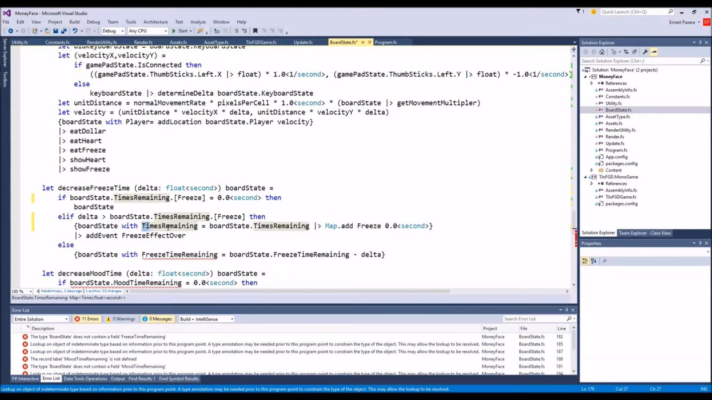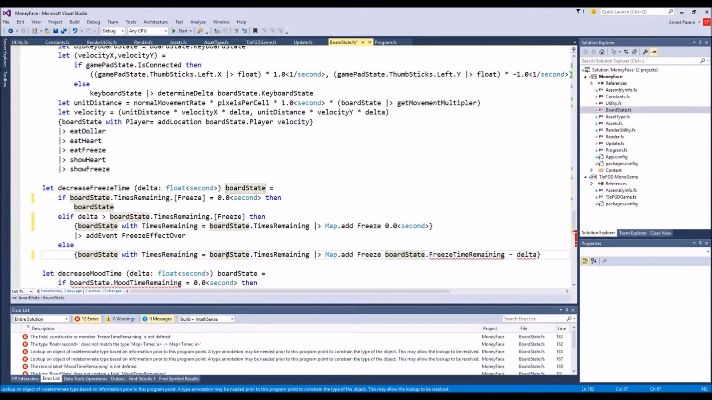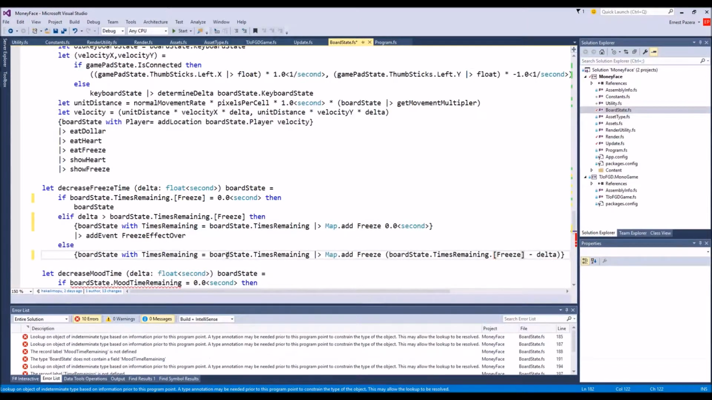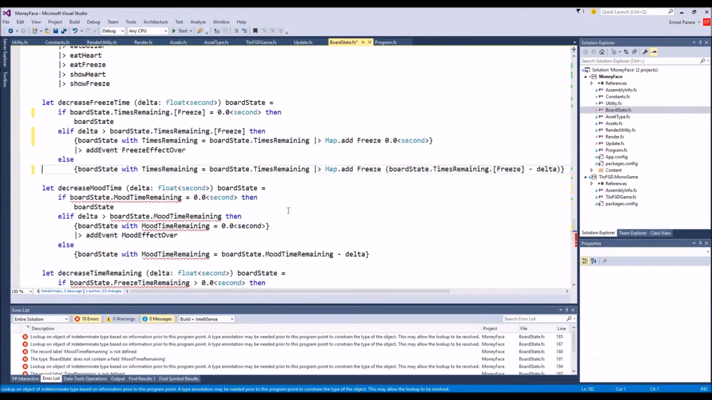And this is going to be, this one gets slightly trickier because I have to first parenthesize this, and times remaining dot freeze minus delta. Okay,